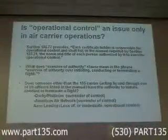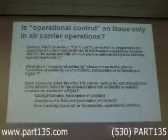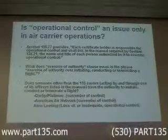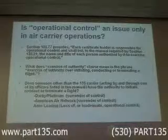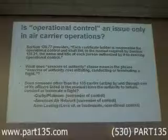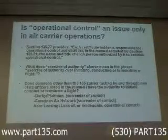We also see control in 135.77, where it says each certificate holder is responsible for operational control and shall list in the manual required by section 135.21 the name and title of each person authorized by it to exercise operational control. And here we're talking about the Part 119 management personnel who are authorized by the air carrier to exercise